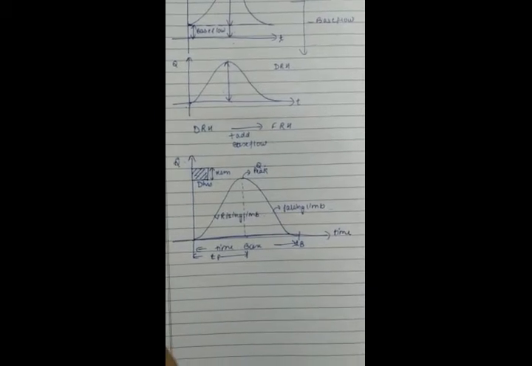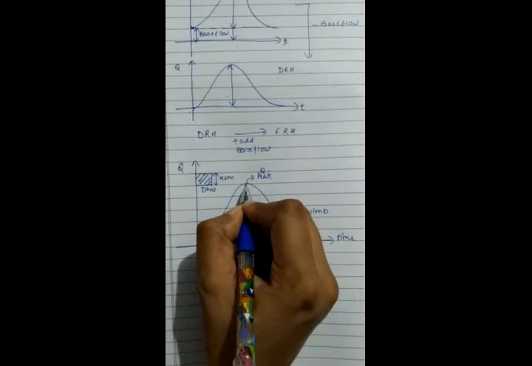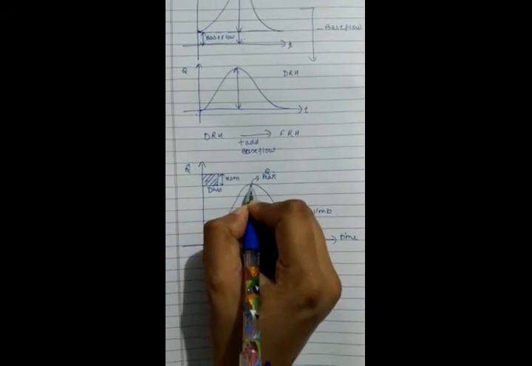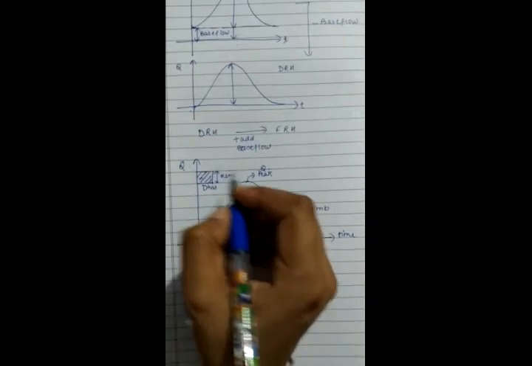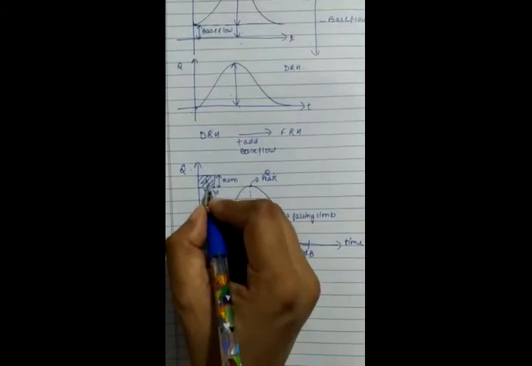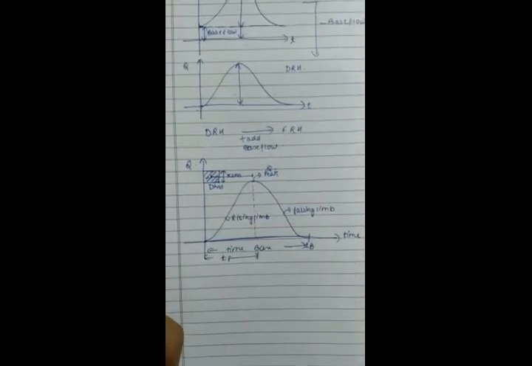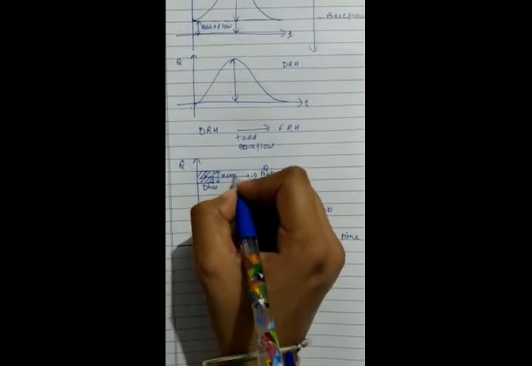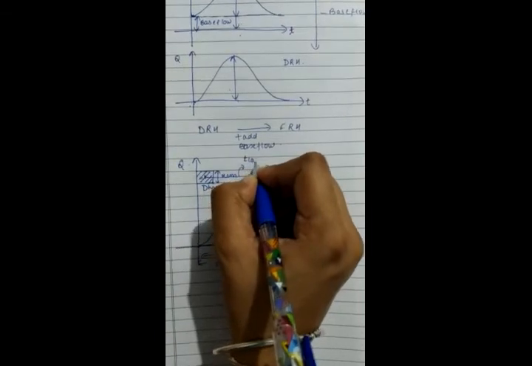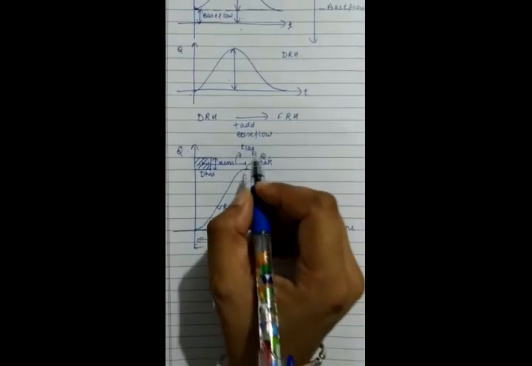Also, you see here the time at which the rainfall in the catchment will be at its peak and the time I will get the peak runoff. There will be a difference in that. This difference is called lag time. So I say from the centroid of the rainfall hyetograph to the centroid of the hydrograph. So both the centroids, this is called lag time.